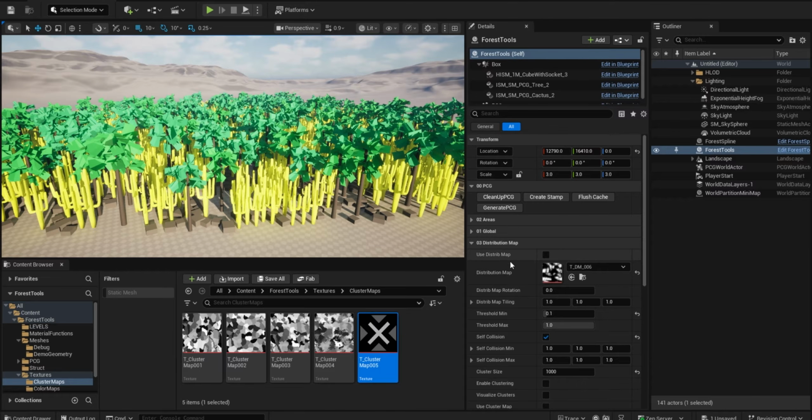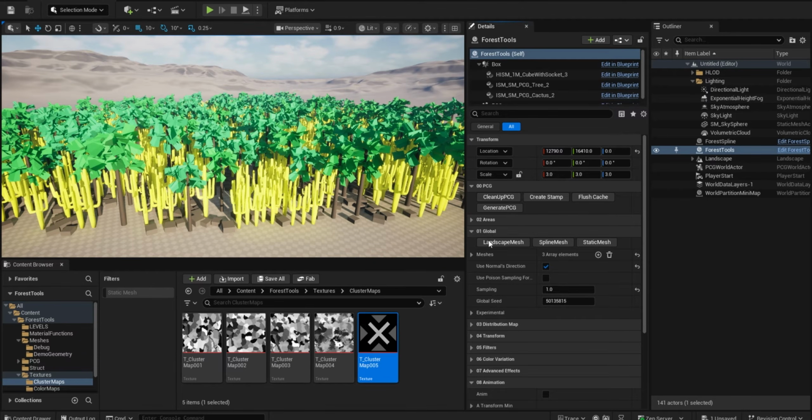Of course, for optimization purposes and not to wait so long, it's better to use a lower sampling count. But if, let's say, you use the lower sampling count and it's still bumping into each other,